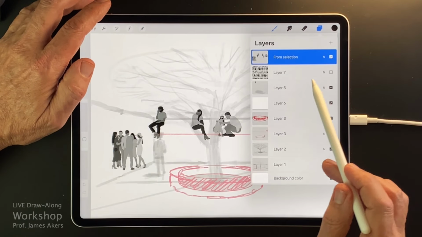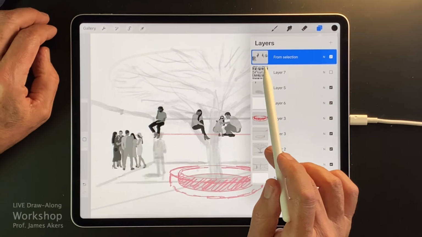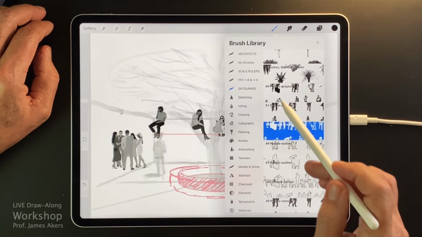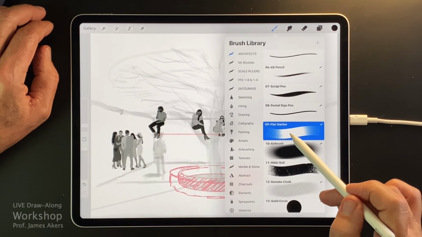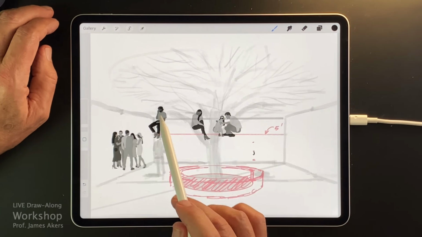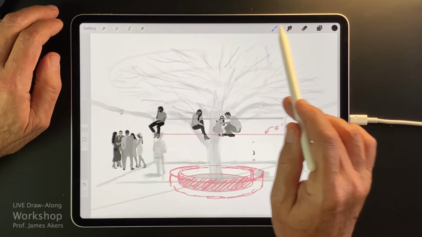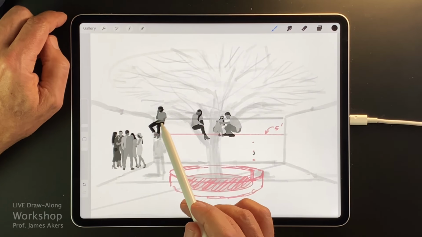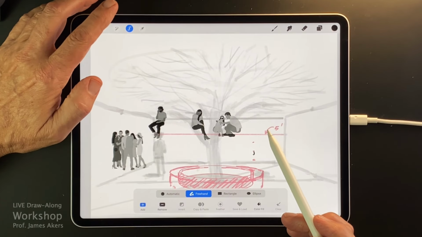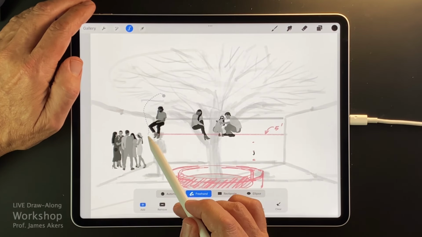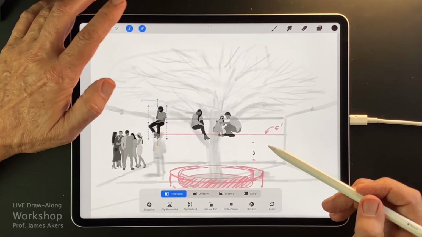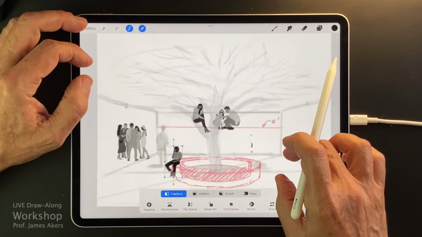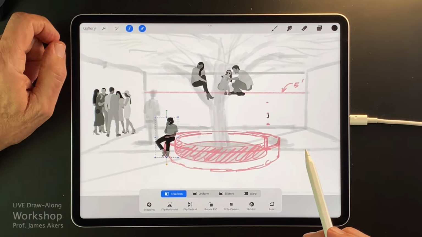And remember, normally what I would do is put each of these on their own layer. I better switch out of that before it gets me in trouble. Normally I'd put each one on its own layer, but it's probably a little faster to do it this way right now. So let's select this fella next, and we'll go into the freehand selection, and we'll bring him down, and we're going to pop him on this bench, but he looks like a toy person right now.